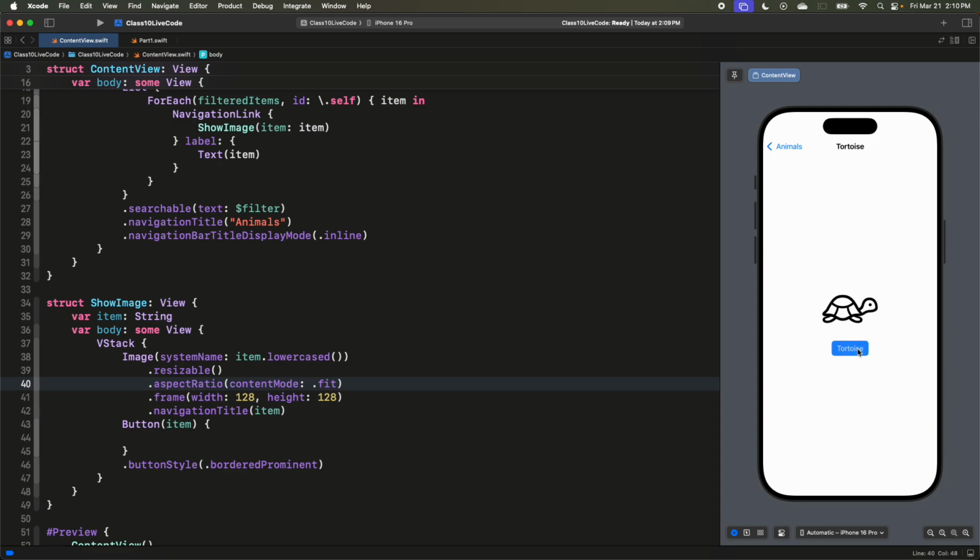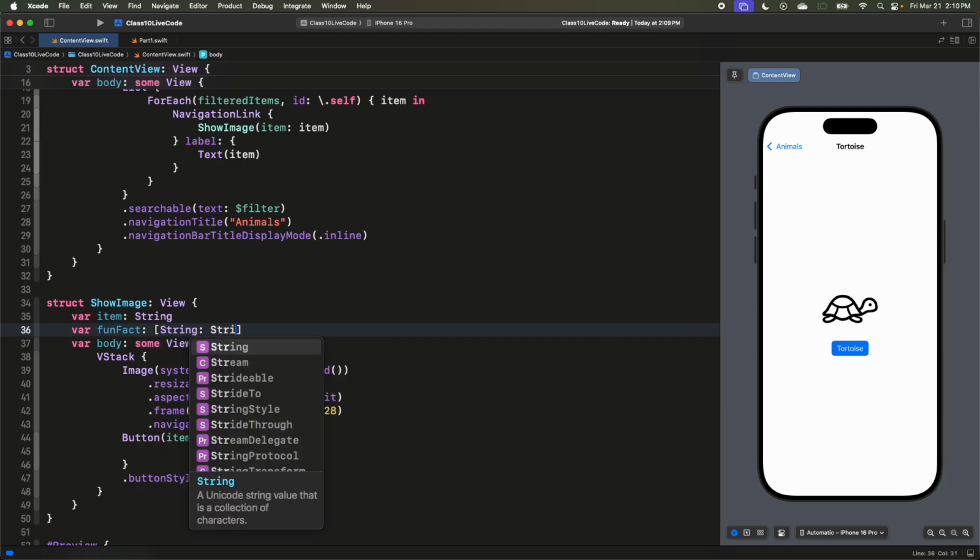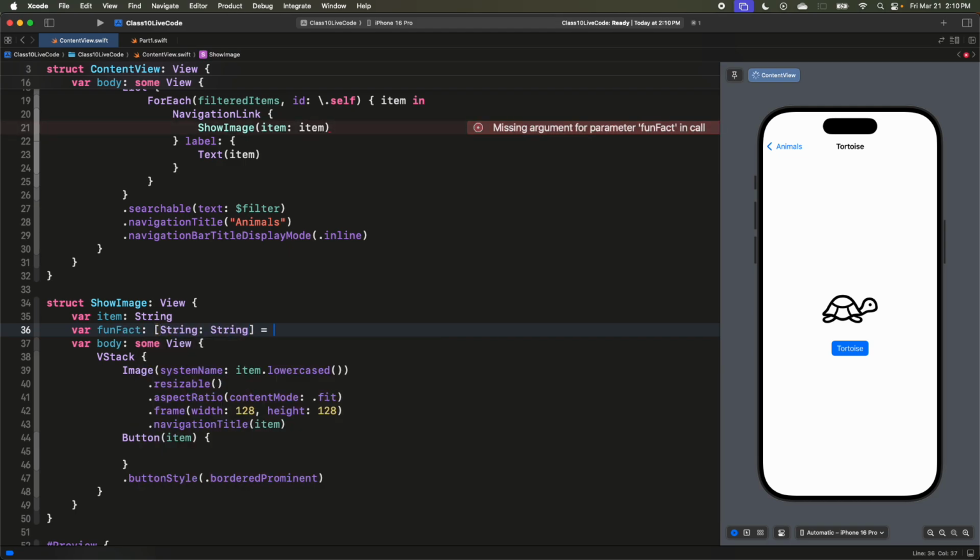Okay, so we've got our button here, Tortoise. So we want this to pop up an alert, and the alert tells us some fun fact about our animal. Now, right now, we don't have that data, but we can do that here. So we can create a bunch of fun facts using a dictionary, like so. So we could say tortoise, and then we can say tortoises are in fact not faster than hares